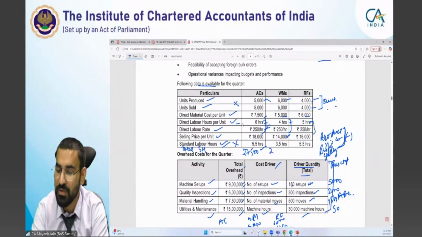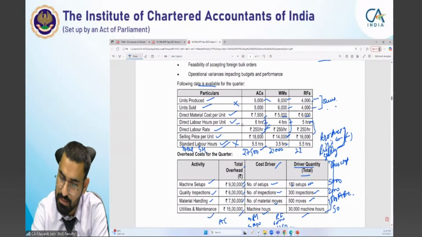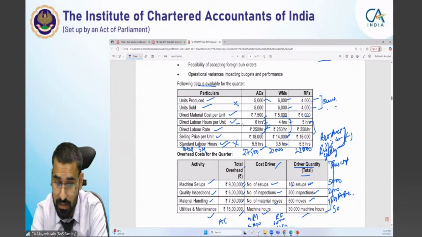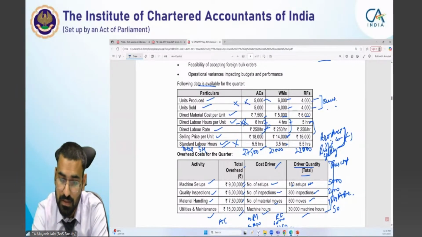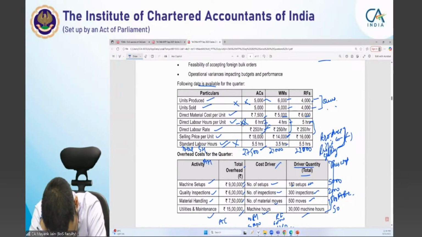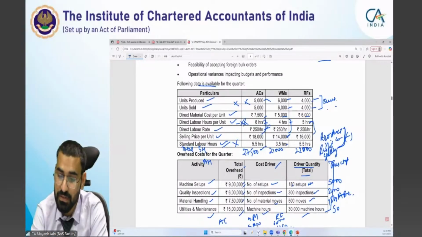Yes, for washing machine 21,000, for 3.5 into 6,000, and for refrigerator it's 22,000. Actual hours are this one, and we have to multiply with the total units. Actual hours हमारे कितने आ गए? आप मुझे मल्टीप्लाई करके बताइए। 6 into 5,000 30,000, 4 into 6,000 24,000, 4,000 into 5 20,000।